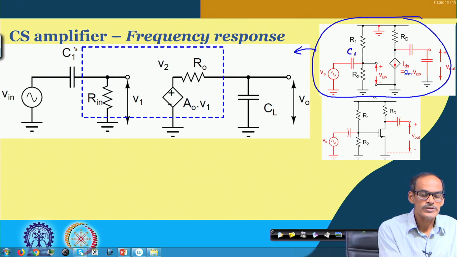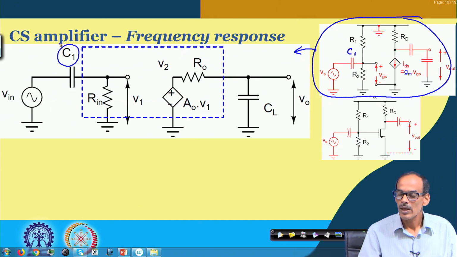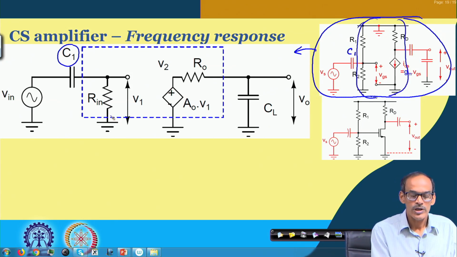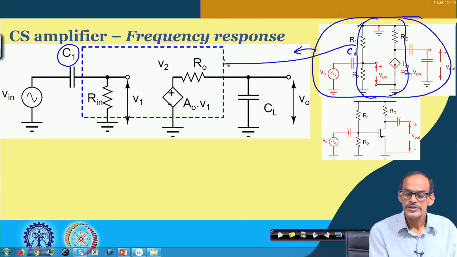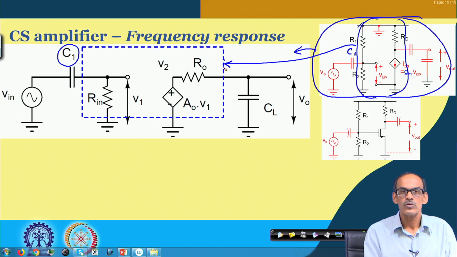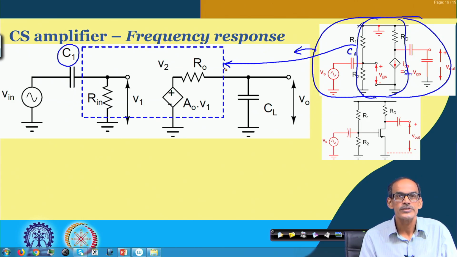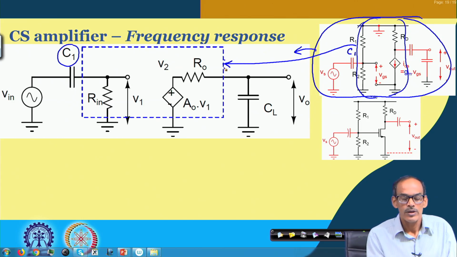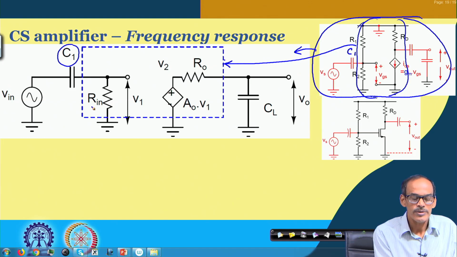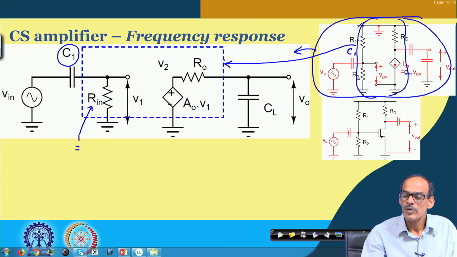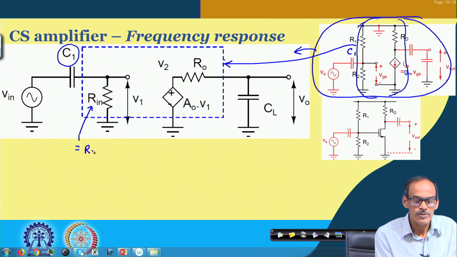The middle portion, the amplifier portion, we are modeling in this form, which is a voltage amplifier, where it has three important parameters, namely R in. So, R in equals R1 and R2 coming in parallel,